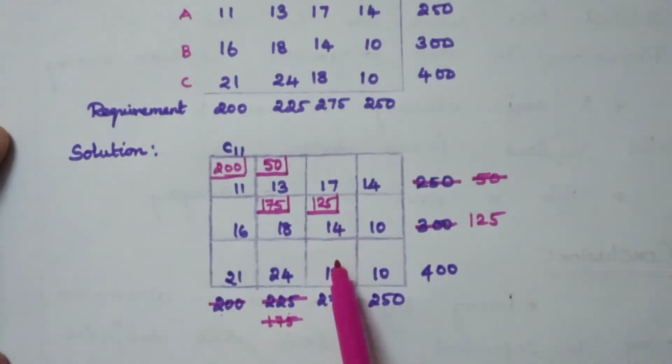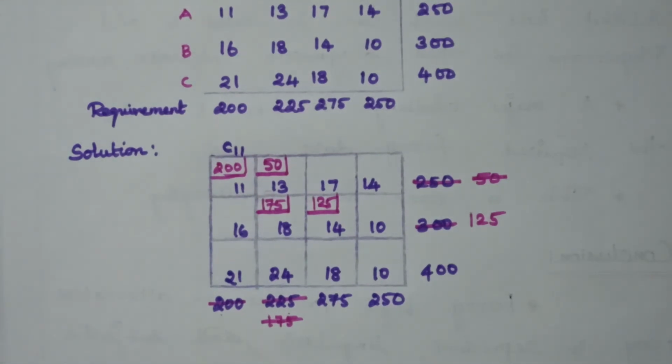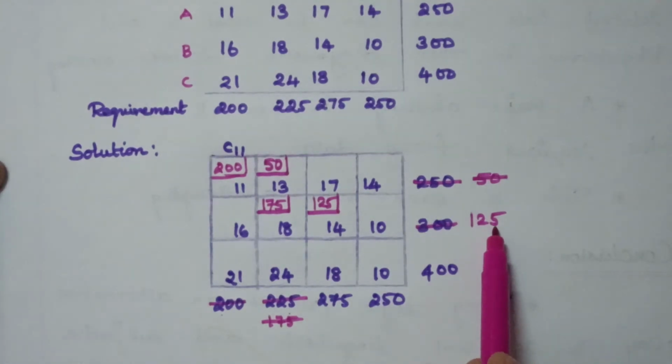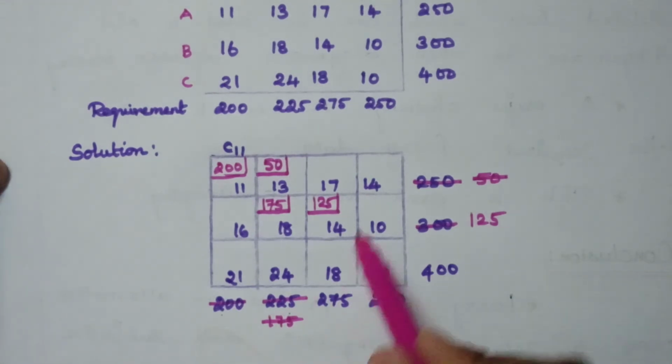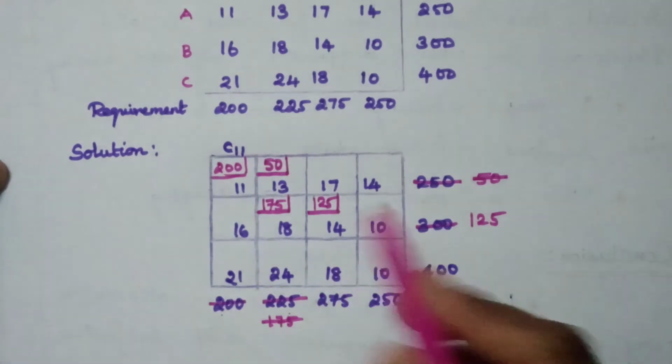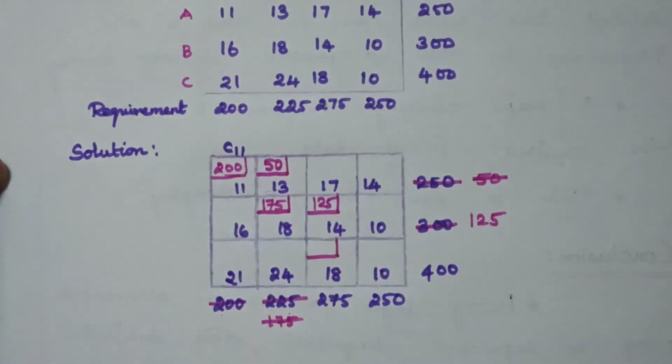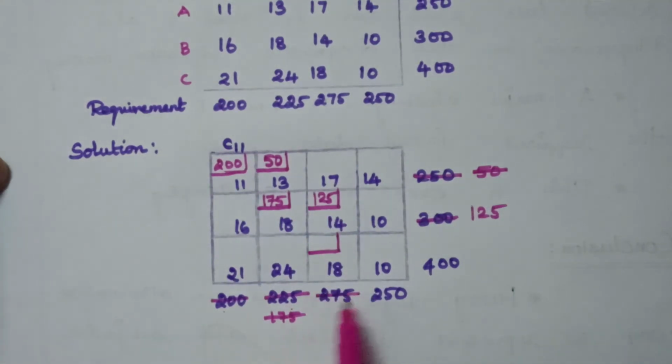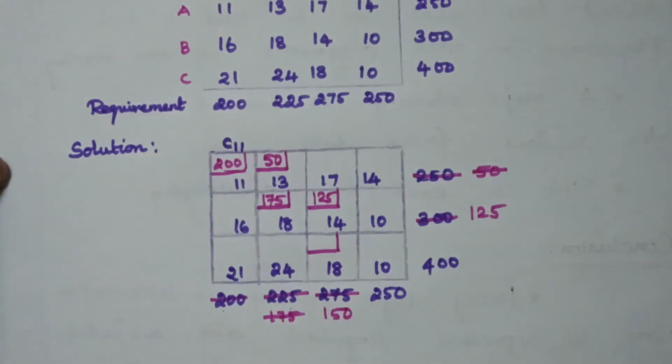Next you have to choose the next cell. How do we choose it? We choose the bigger value, that is the maximum value. Here 125 is here and 275 is here. Which one is maximum? 275 is maximum, so we move vertically down. You choose the cell vertically down and allocate for this cell. 125 should be subtracted from here, so you will get 150 and 125 will go off. Here you allocate the minimum value, 150, as 400 is here. So you allocate 150 in this cell.